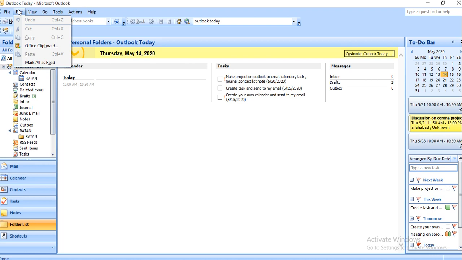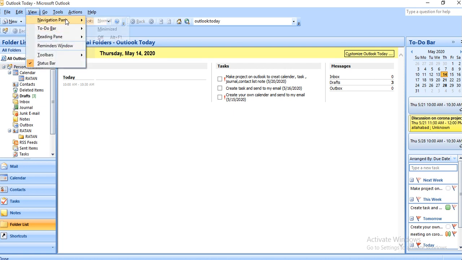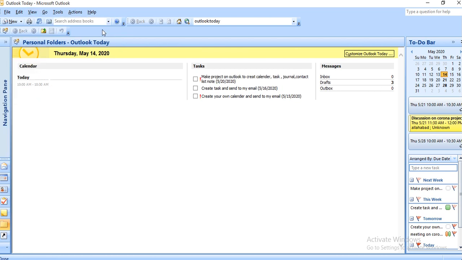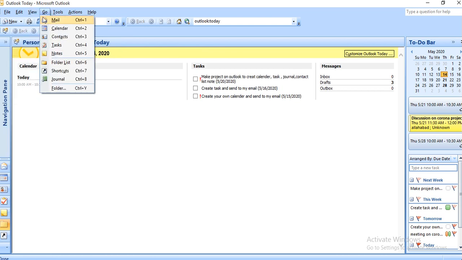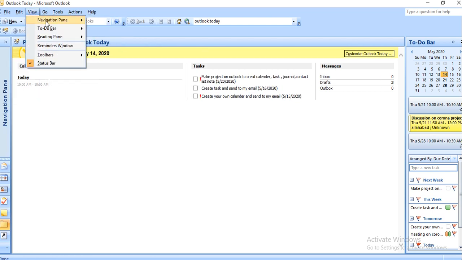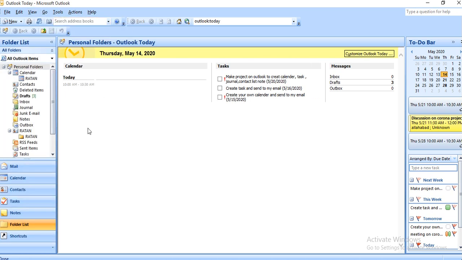Then the Edit menu, which is not so much: cut, paste, copy. Then the View menu, where in the navigation pane you can set minimize or a normal view. In normal view you will get all the directories: mail, calendar, contact, task, note, folder list, and shortcut.